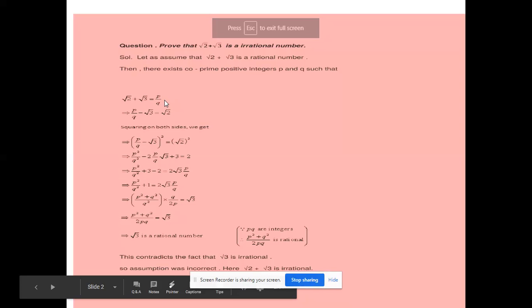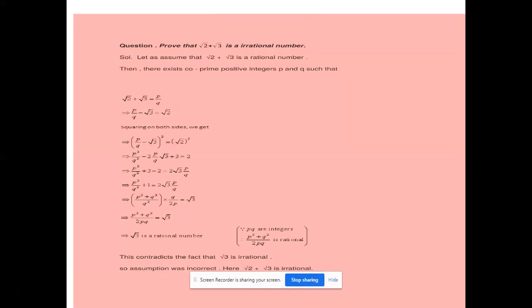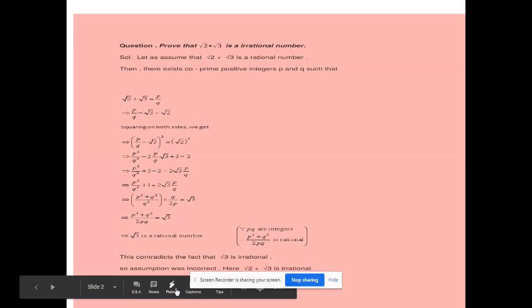Good morning, students. Let us start with a question that I have already given you in an assignment. The question is to prove that square root 2 plus square root 3 is an irrational number. To prove this, let us assume that square root 2 plus square root 3 is a rational number. As you know, if it is a rational number, then you can express it as p upon q,